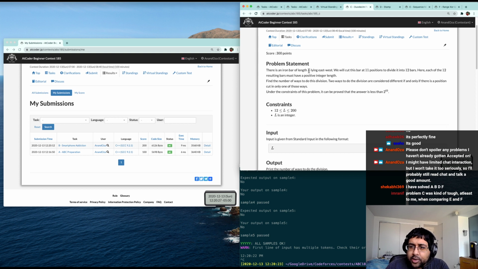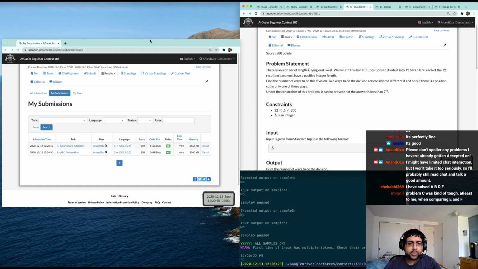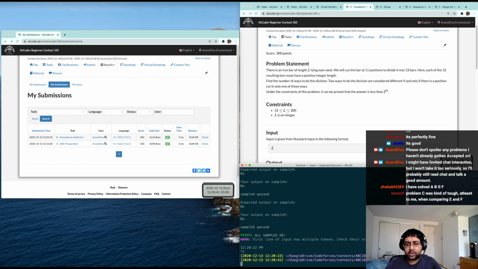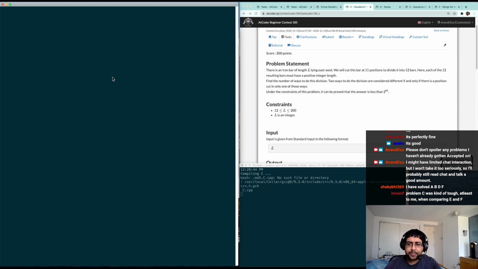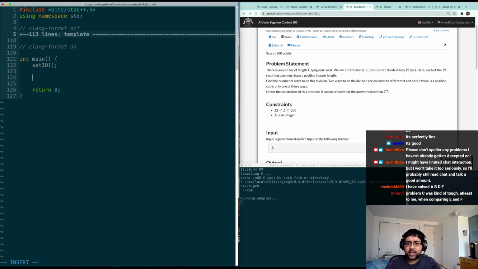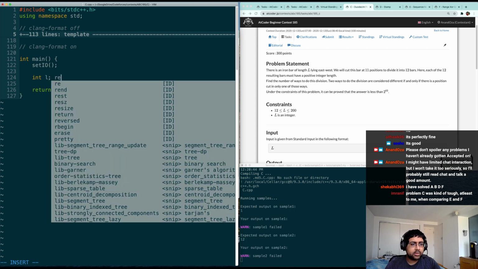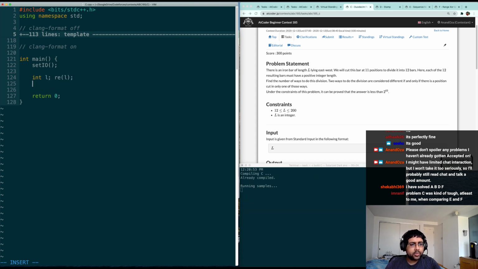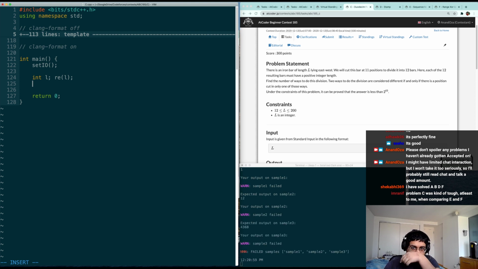So there's an iron bar of length L. We want to cut it into 12 pieces. Find the number of ways to do this division. It can be proved the answer is less than 2 to the 63. Okay, cool. So for this, we want to do stars and bars, I think. So basically, you imagine you have int L, read L. So we have our n kind of pieces, and we want to put 11 dividers in. Each of the bars must have a positive length. Okay, so we can make each piece start with